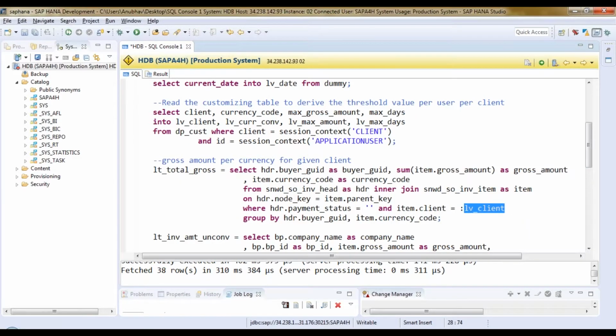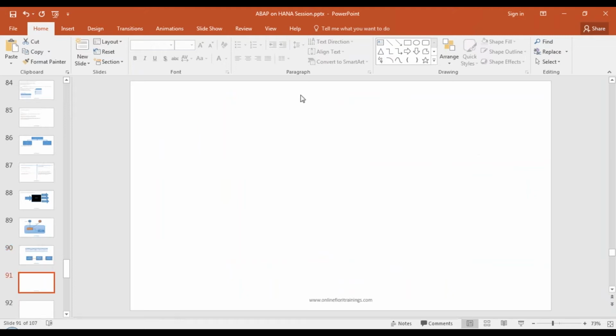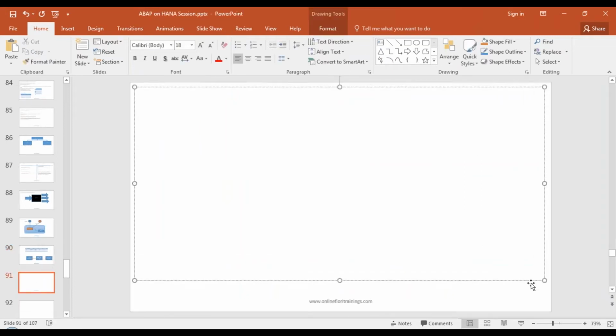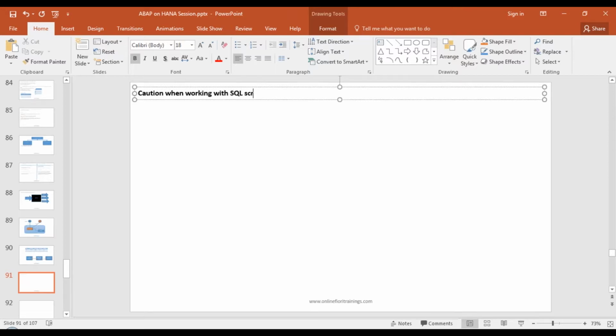So this becomes the first disadvantage of using SQL script. Whenever you're working with SQL script procedures to do a code push down, this becomes the first biggest disadvantage, or something which you need to be very cautious about. So let me put it as a caution when working with SQL script procedures for code push down.